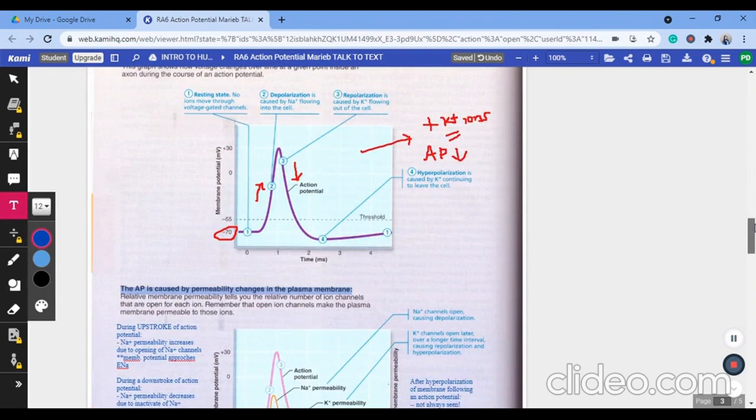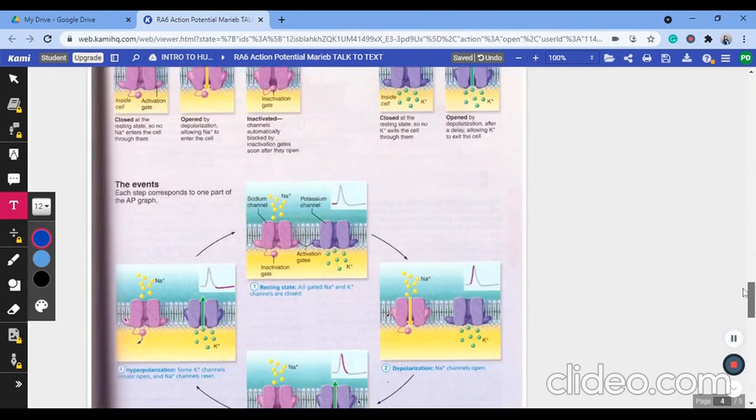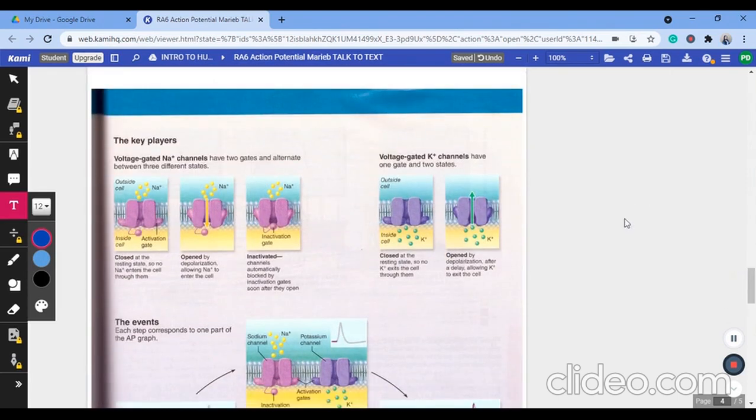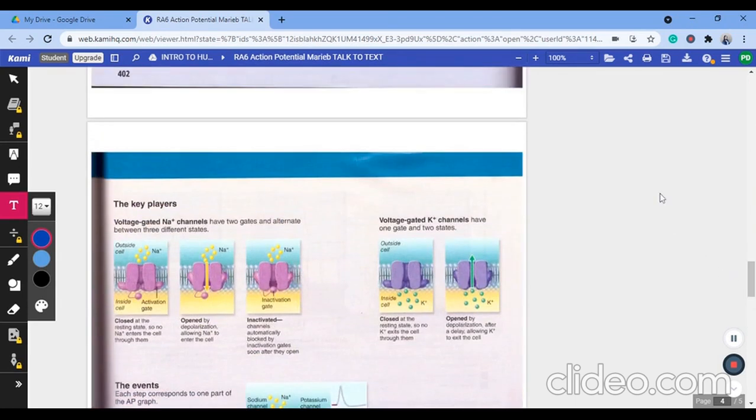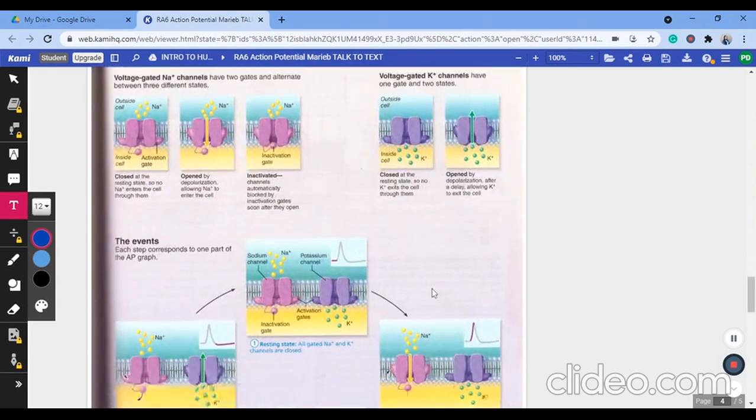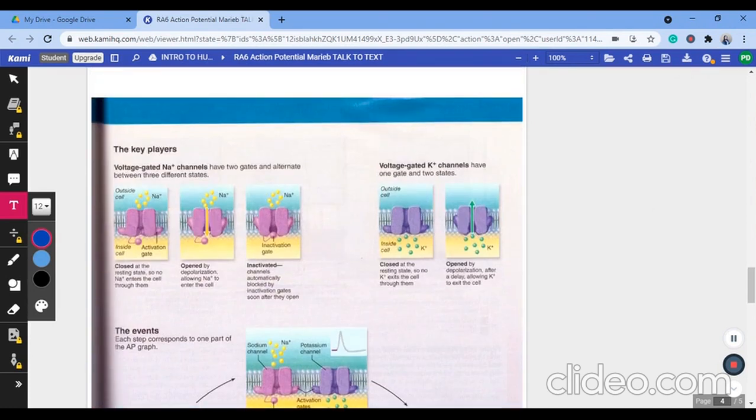Okay, so I think I pretty much understood what this graph means, but let's move on to this. The key players. Voltage-gated sodium channels have two gates and alternate between three different states. So I guess this visual information is all about the sodium and the potassium channels. I don't know if they're going to talk about the chloride as well, but